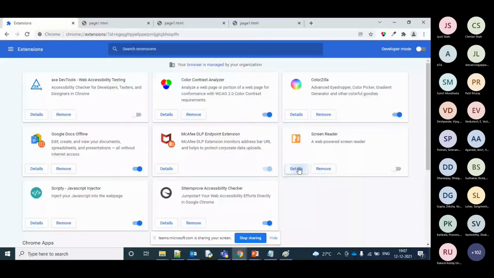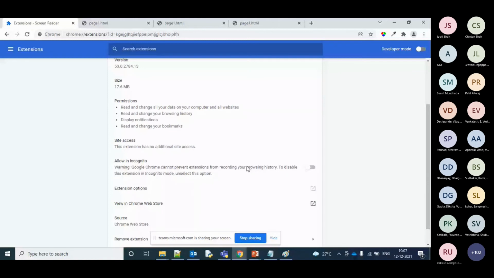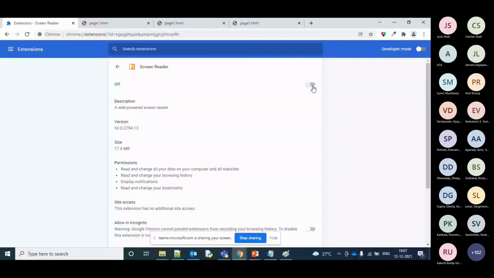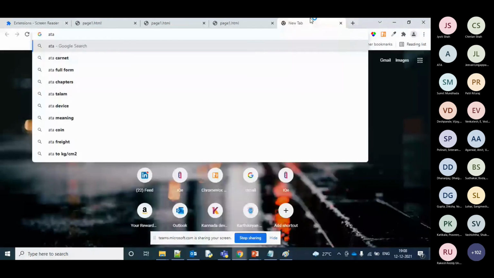So keep this section open, because it will be talking multiple things. It will be reading out all the test cases. Let me enable ChromeVox spoken feedback, and let me know if you are able to hear it.